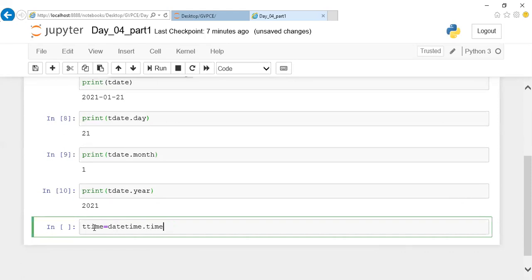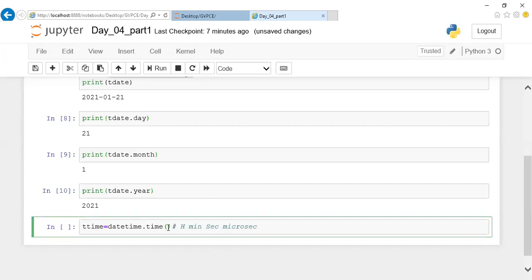So here I'm going to pass certain information, and this information will be passed in this order. First is your hours, next is your minutes, next is your seconds, and next is your microseconds. This is how the information will be passed: hours, minutes, seconds and microseconds.